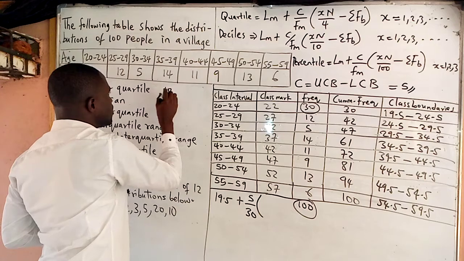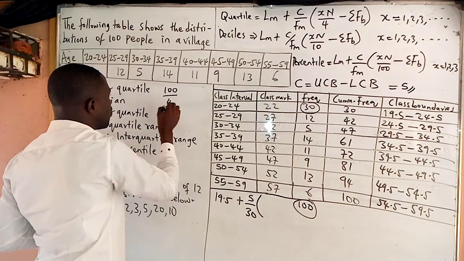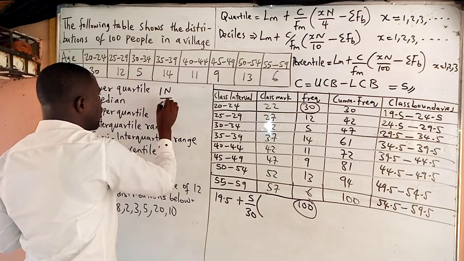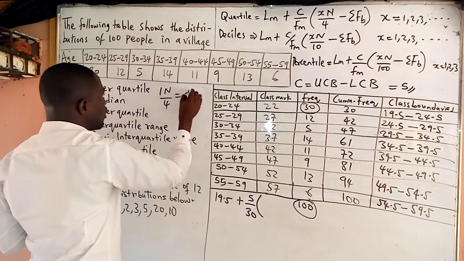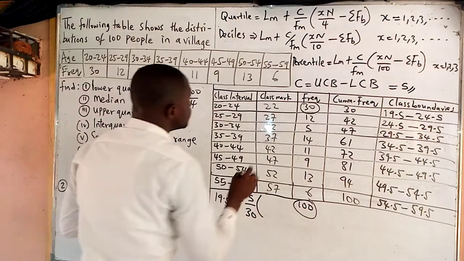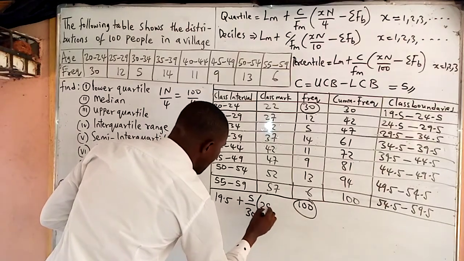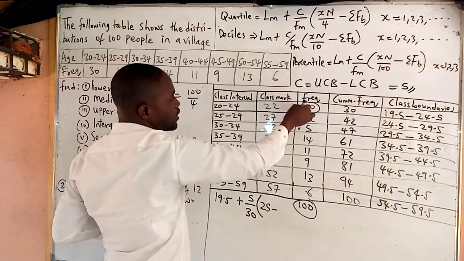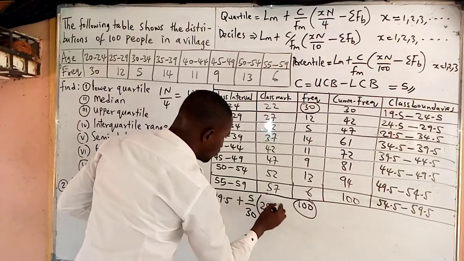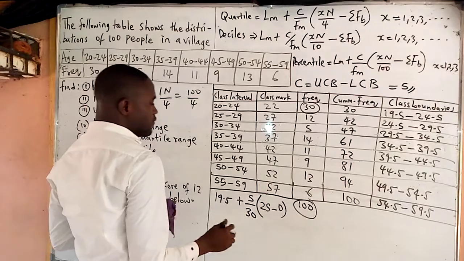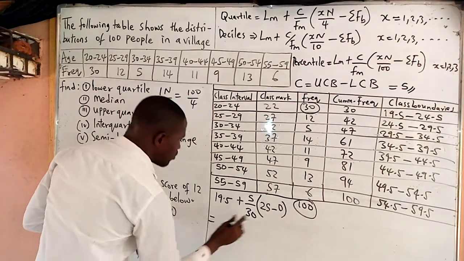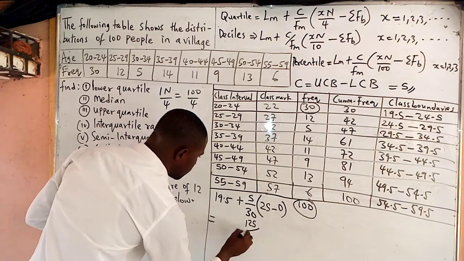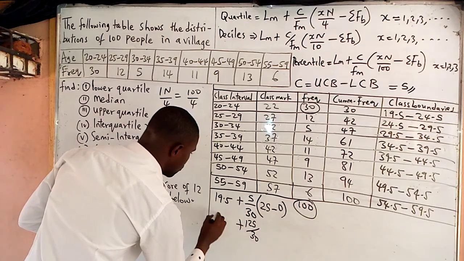Remember we say n over 4 means 100 over 4, that is 25. Then I will have 25 minus the summation of frequency before it. Do we have any frequency before 30? No, so we put 0. What will it give us? This minus this, 25 times this, 125 over 30 plus